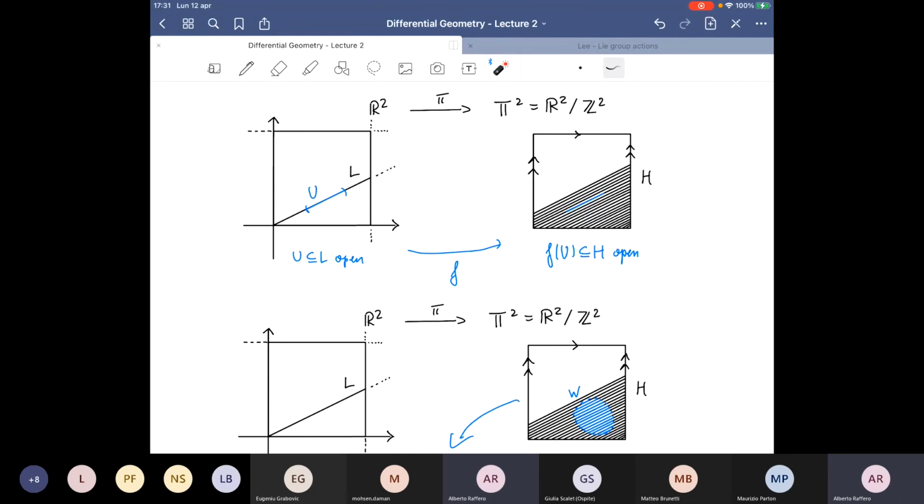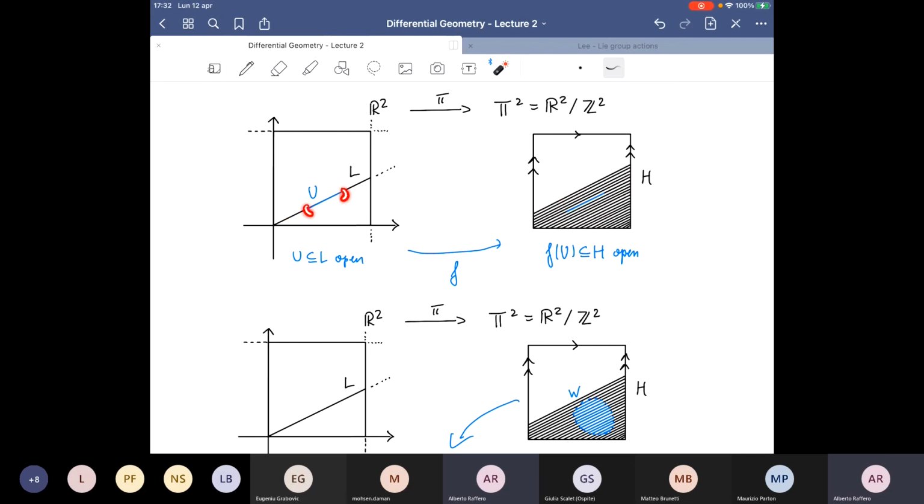Because in the first case, now this is just a partial picture, this is the torus after the identification of the sides. So imagine this as having infinite segments, so that if you zoom, again, you will see other infinite segments, so they won't end up in any case, because this curve won't close up on the torus. So if you consider the inclusion given by this map F, then you can define a subset here to be open if it is the image by means of F of an open subset in the real line here.